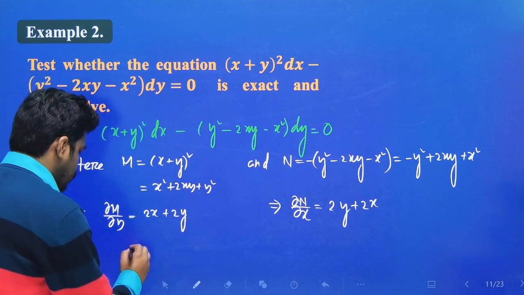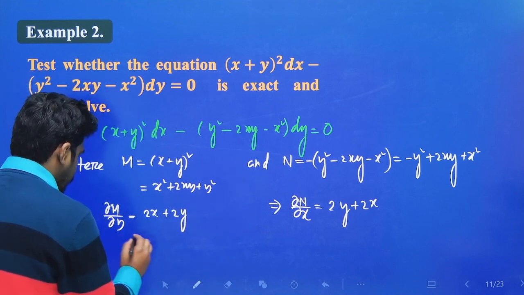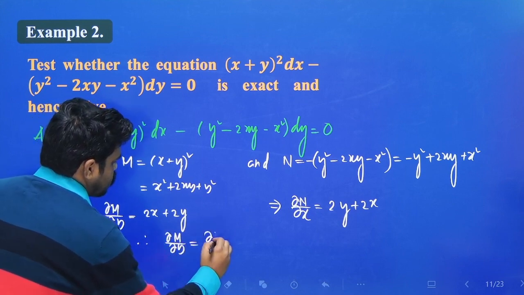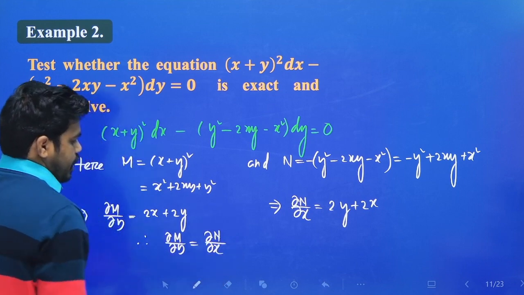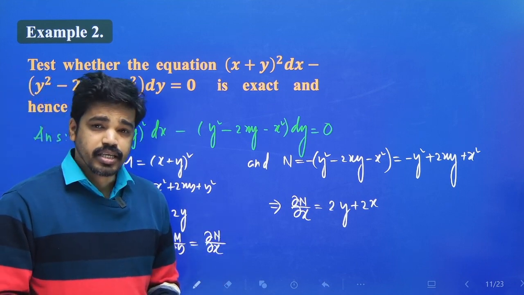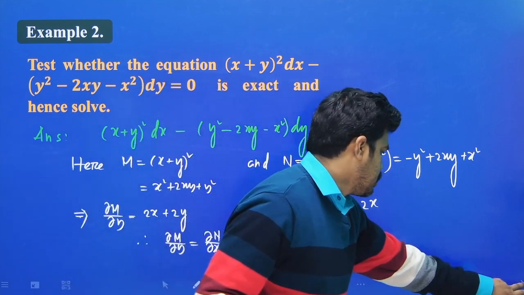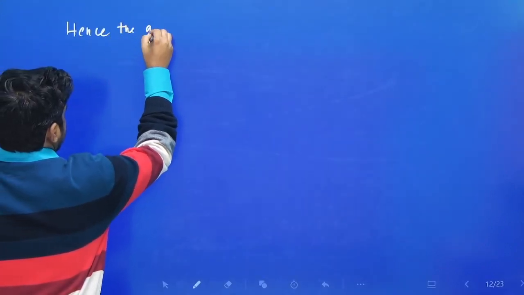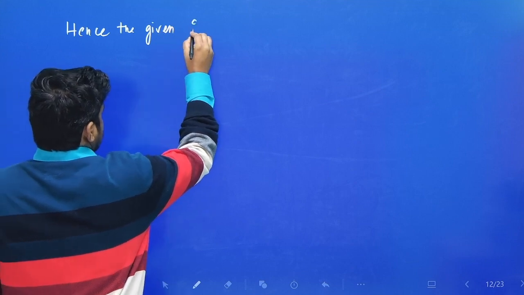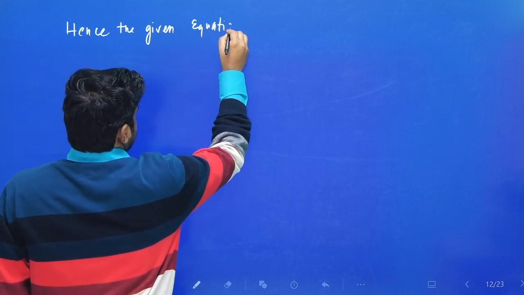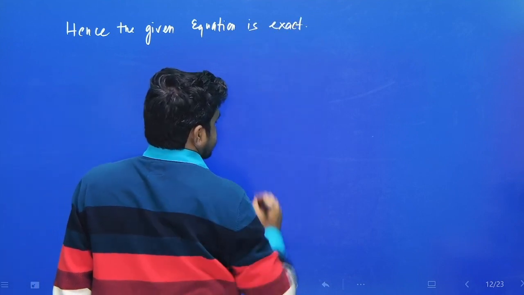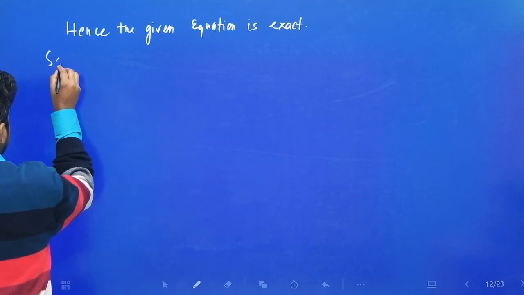So therefore we conclude that del M del y is equal to del N del x. Hence the given equation is exact, right? Hence the given equation is exact. So its solution is,